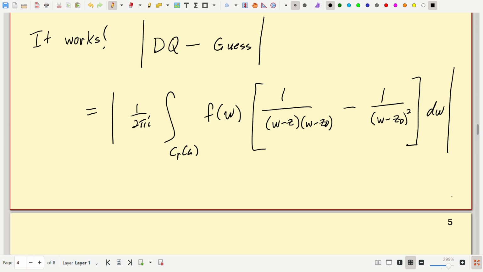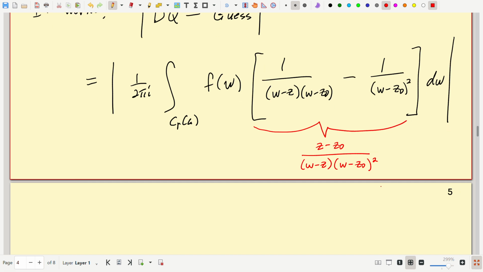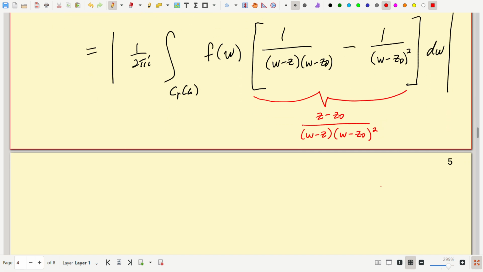And I do that same algebra. It's very similar, so I won't bore you to death with the algebra this time. But this time when you do the algebra, you get a z minus z naught in the numerator, and you get (w minus z) times (w minus z naught) squared in the denominator. And so the great thing is, z minus z naught is a constant in that integral. I can slide it outside, and I get 1 over 2 pi times z minus z naught outside the integral, times